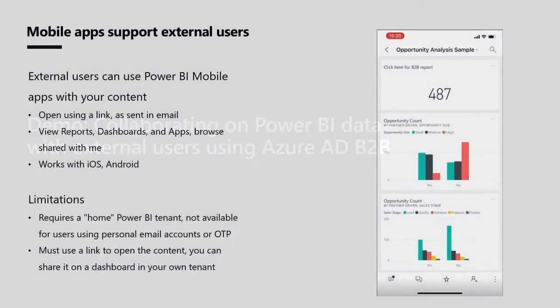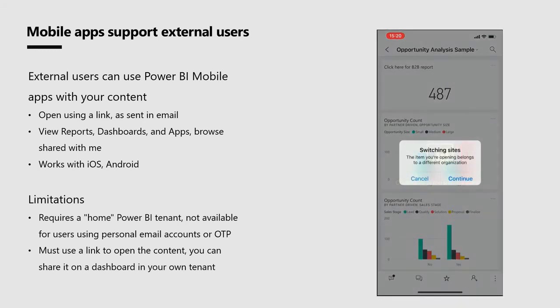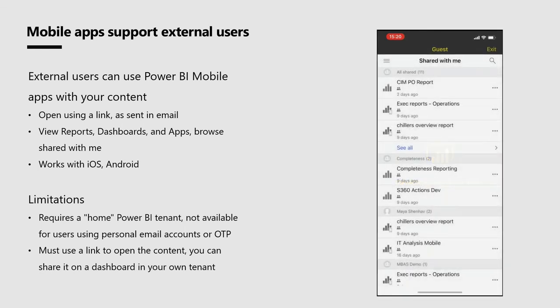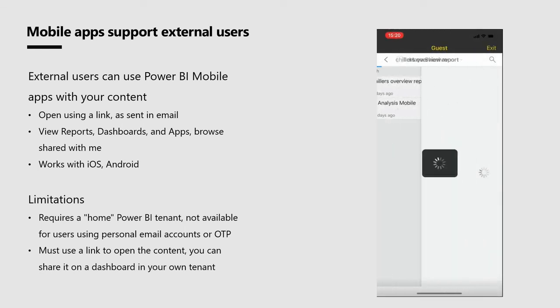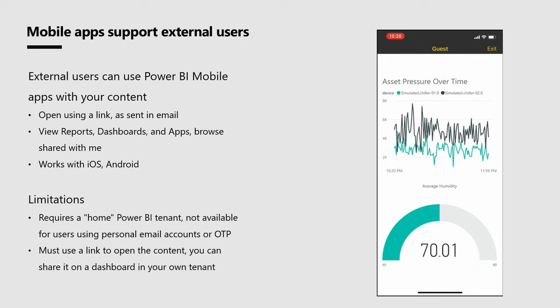We have a couple of other things that we've done in this space. It's important not only to have access to data in the web, but it's also important to have access in the mobile apps. And what we've actually done, let's see if this plays, is we've enabled the ability for external users who click on a link in an email they receive. So whenever we share something in Power BI, we send you an email. If you're an external user, you click that in mobile Outlook, it'll open up our Power BI mobile apps, and you'll go through this experience, right? If you were watching, it signed me in as a guest, it took me to another organization, I can browse the content. It's a pretty fantastic capability.